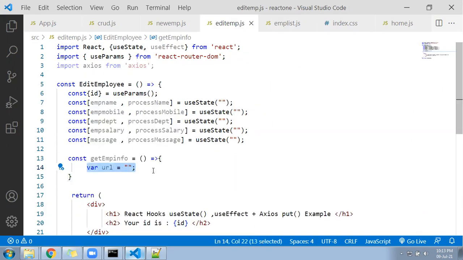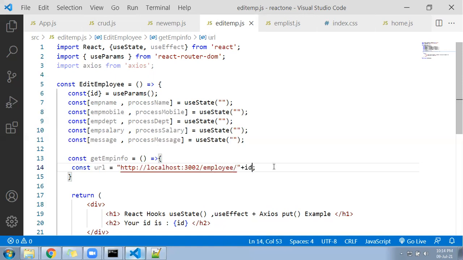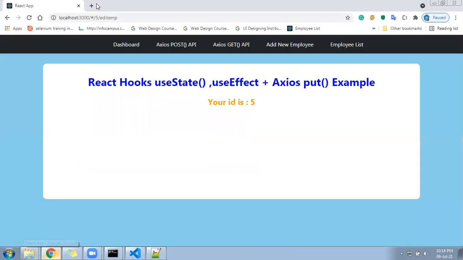Correct. Now, in this URL, you need to append the ID, slash plus that ID. So what will happen is, suppose, let me go to the browser and show you once. I took the URL. I went here in the browser.